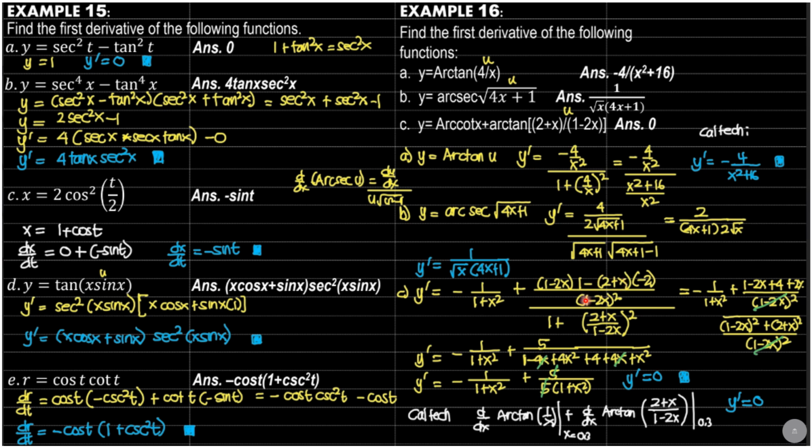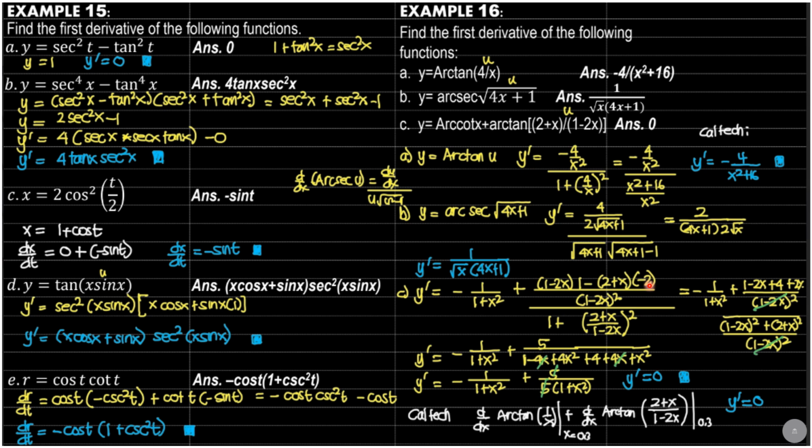This is still du dx, then divided by 1 plus u squared. Simplifying the numerator, so we copy that. That's already simplified. Then plus 1 minus 2x, then minus 4, sorry, plus 4,